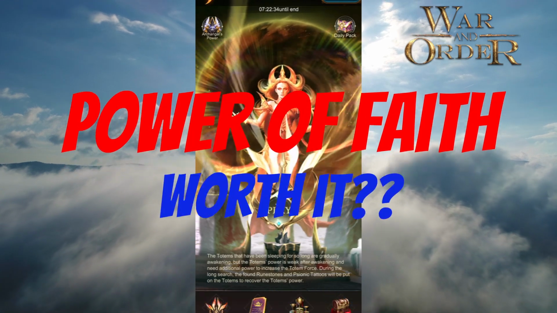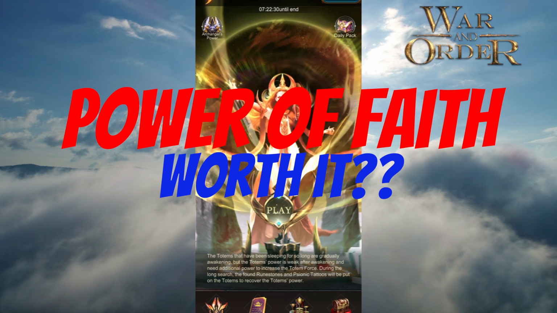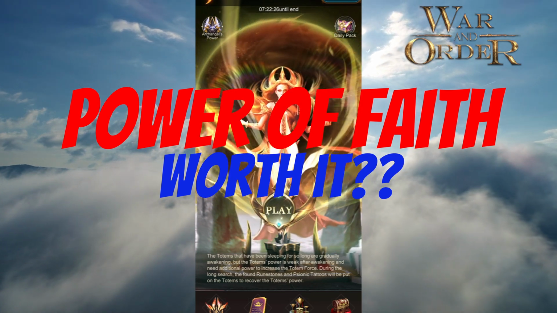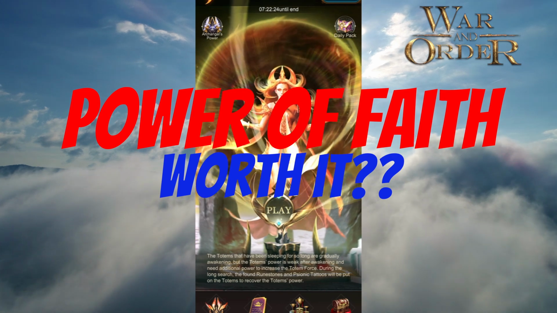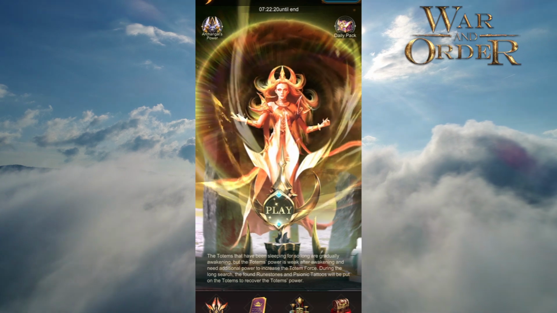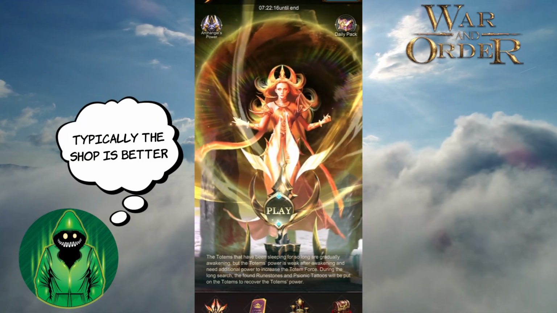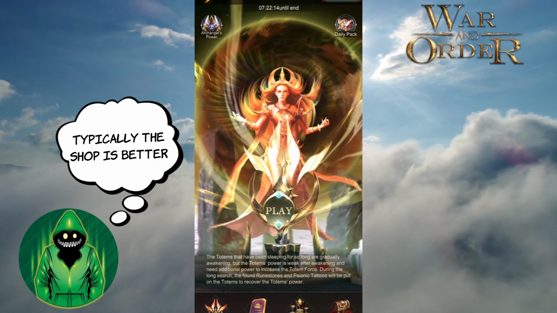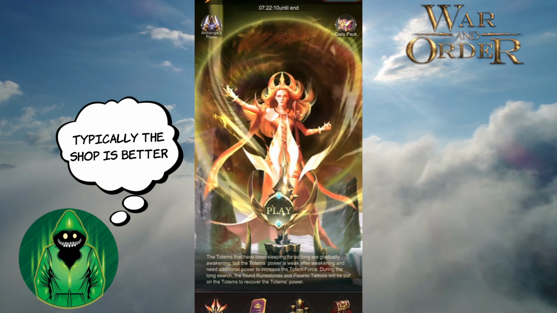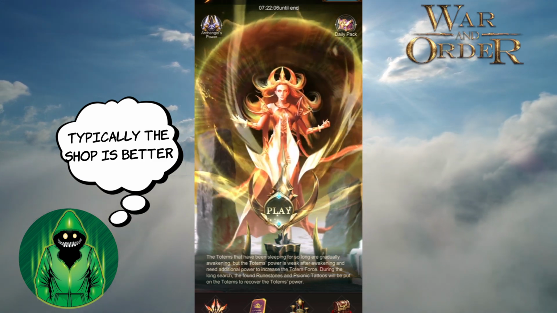Guys, this is Heretic, and in this video I'm going to go over the Power of Faith event and whether or not it's actually worth it when you're buying your totem materials compared to just buying them off of the normal shop. So in general, in most of these events, it's not worth it, right? When you do the math for the item that you want, not including the extra items that you may get,